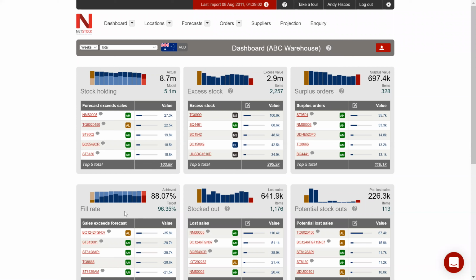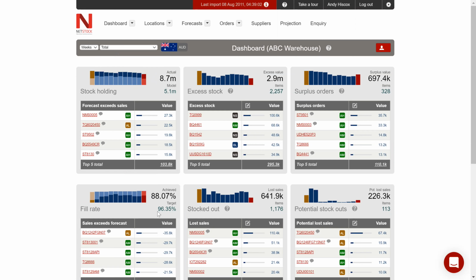By the same token, we measure the fill rate performance. So where are we? Where did we start? So let's get to the benchmark, 80% fill rate. Over the last 13 weeks, we've got that up to 88. So we're going in the right direction. We've had a 20% stock reduction and an 8 percentage points improvement in fill rate, but we haven't achieved the